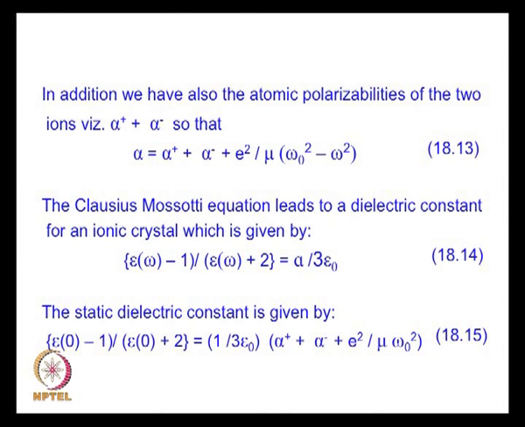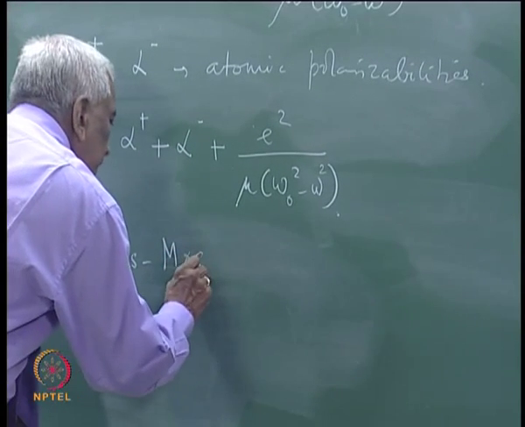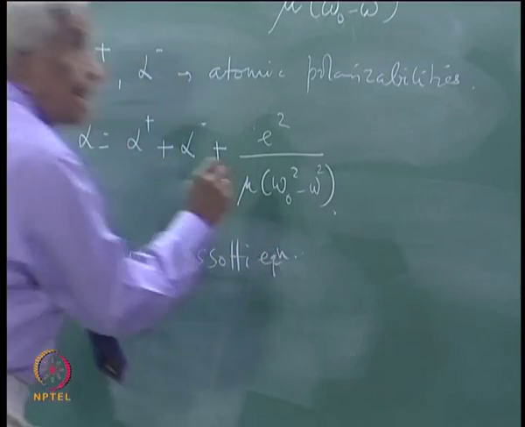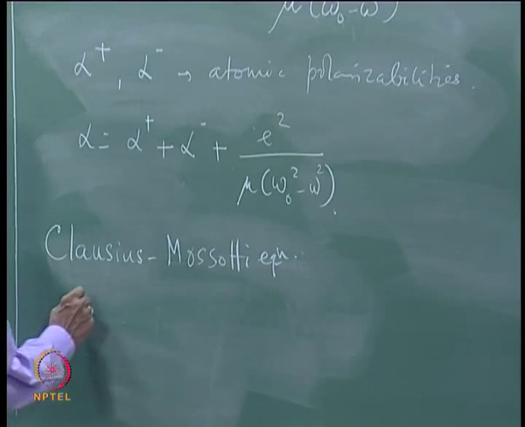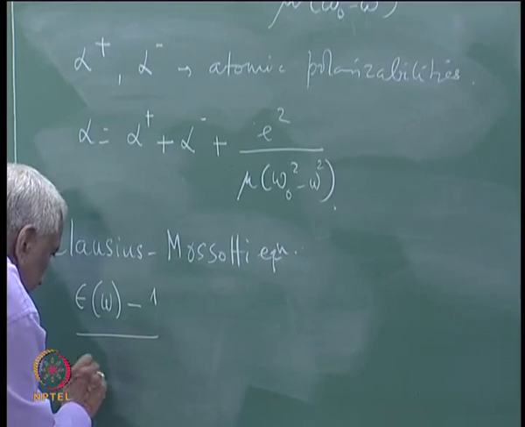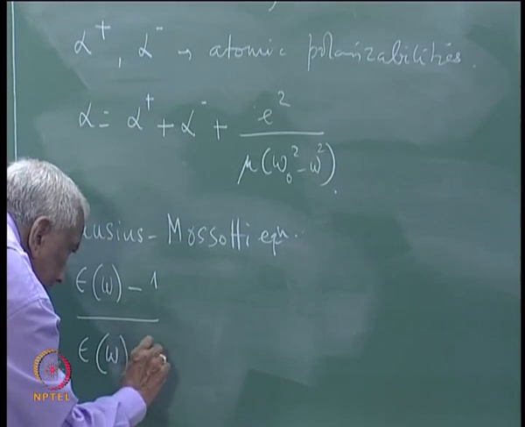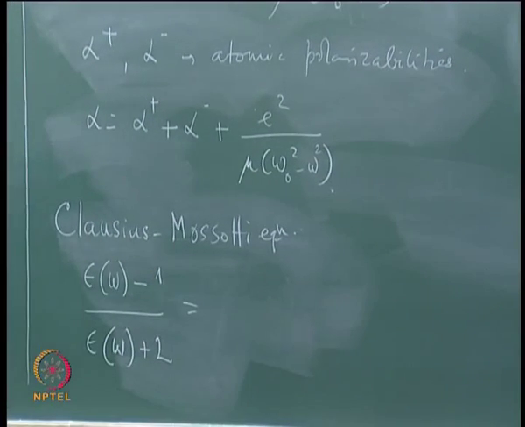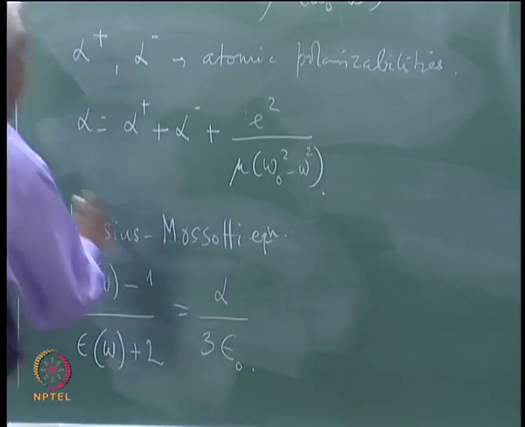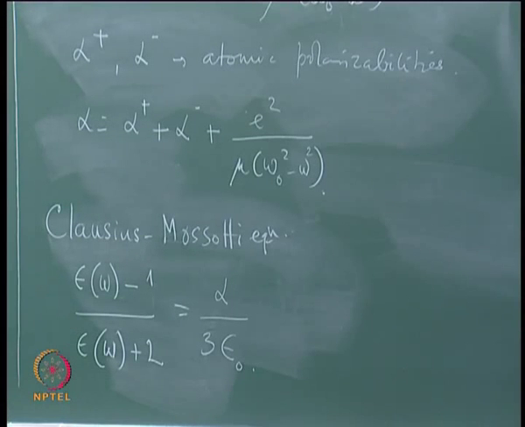And this leads to the Clausius-Mossotti equation, which we discussed already, for the dielectric function, where alpha is given by this. And therefore, going to the different limits,